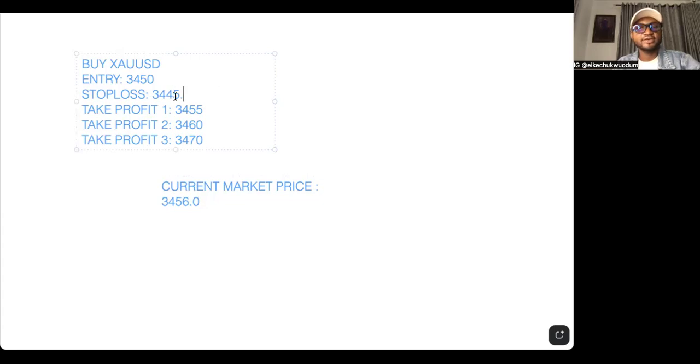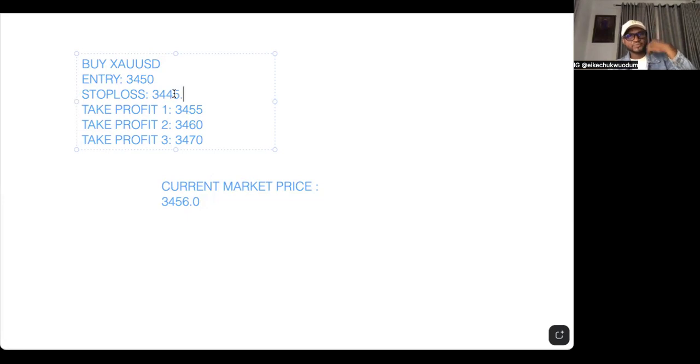Okay? So now you see that with this SL, we have a double digit change. SL was 3445. In order for this to have moved to 3450,